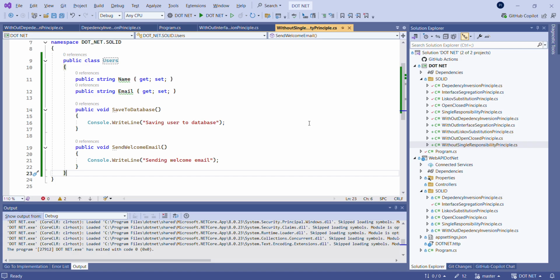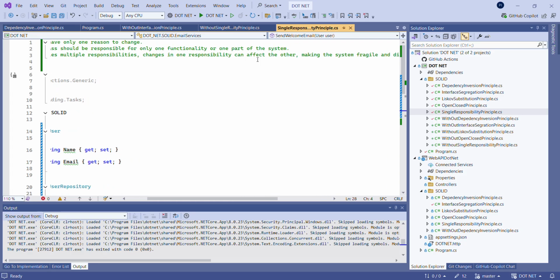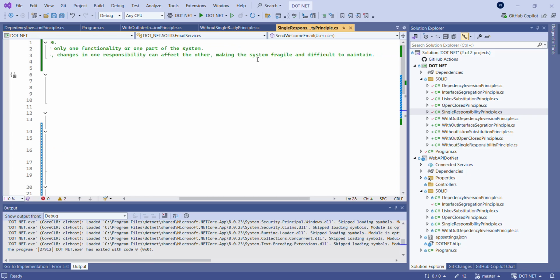So let's see how a class looks after applying the single responsibility principle. First, let's go through a basic definition. A class should have only one reason to change. This means a class should be responsible for only one functionality or one part of the system. If a class handles multiple responsibilities, changes in one responsibility can affect the other, making the system fragile and difficult